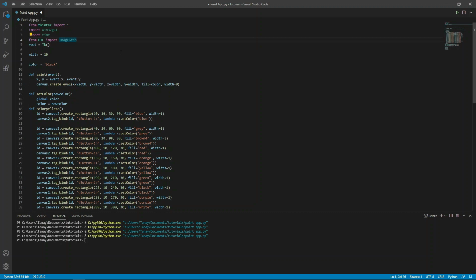Now we have to make a function which will take a screenshot of the canvas and save it. Let us name the function as saveImage.